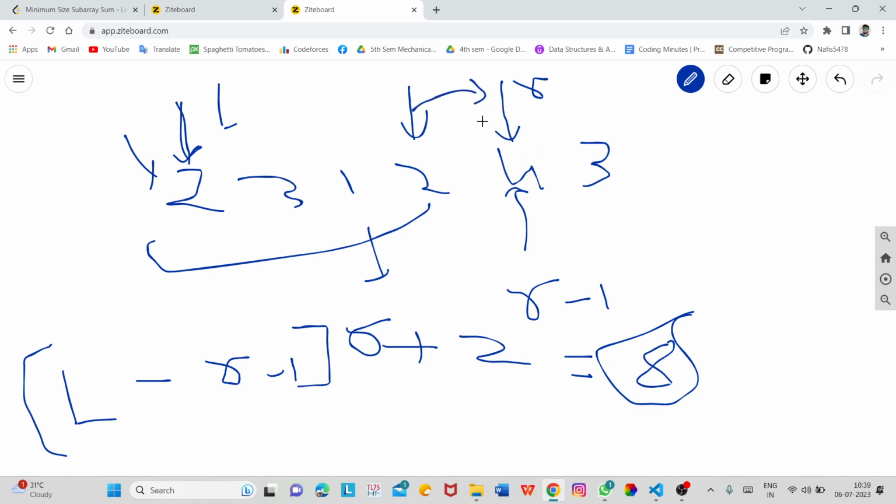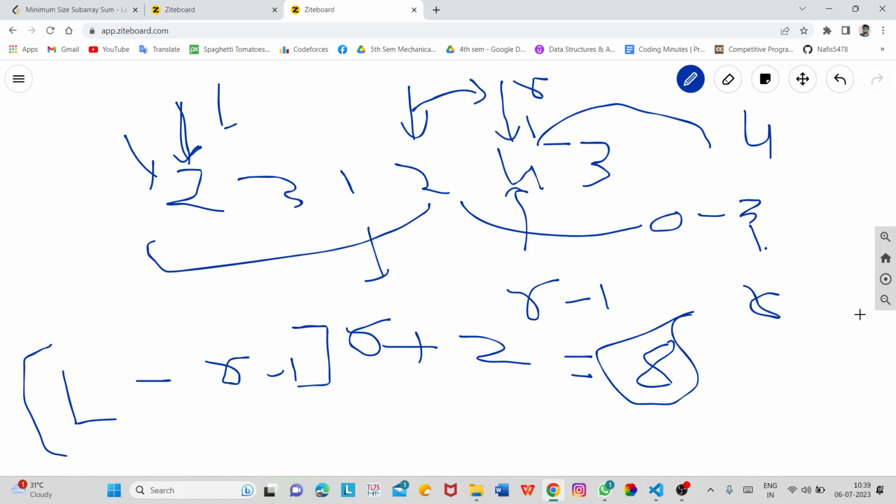So basically we have to check for the previous index. This R is on our fourth index, so you can see that it is on the fourth index. So we have to take the subarray from 0 to 3, and 3 is nothing but R minus 1. That's why the size is nothing but R minus